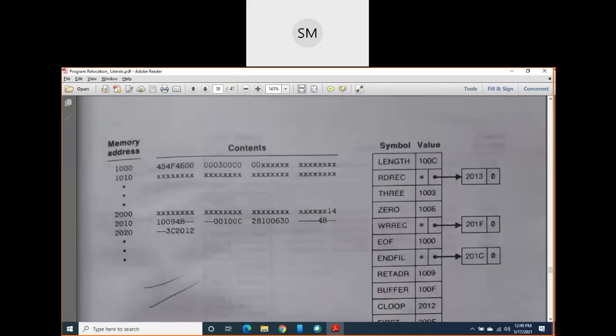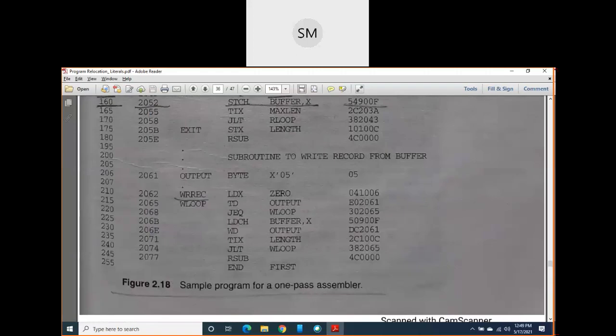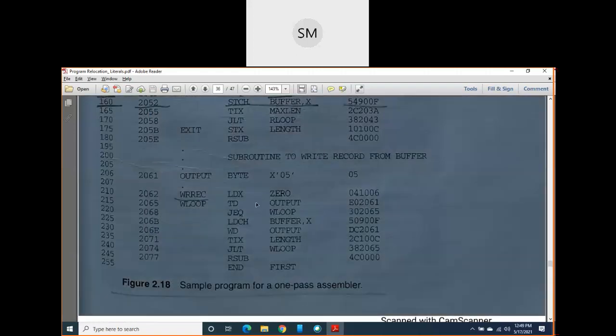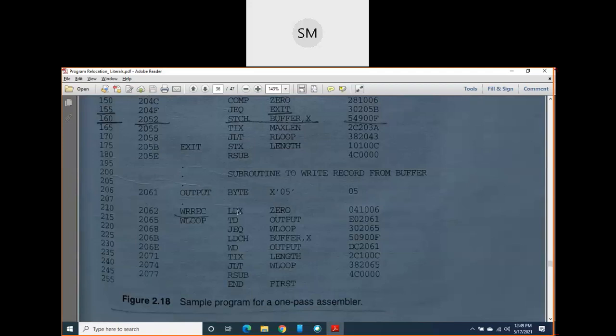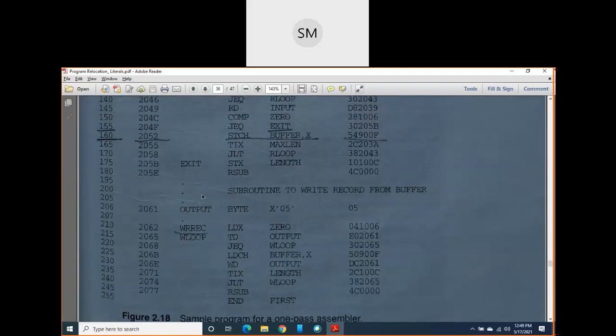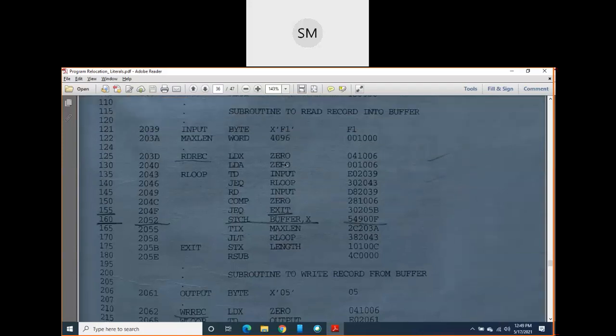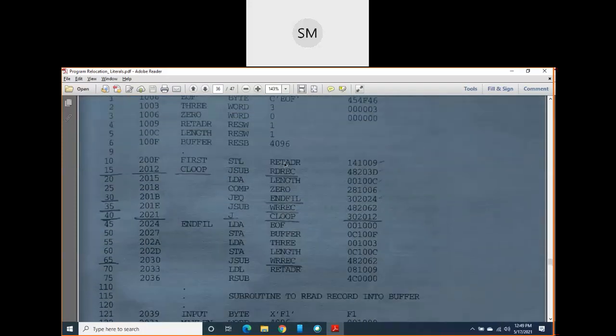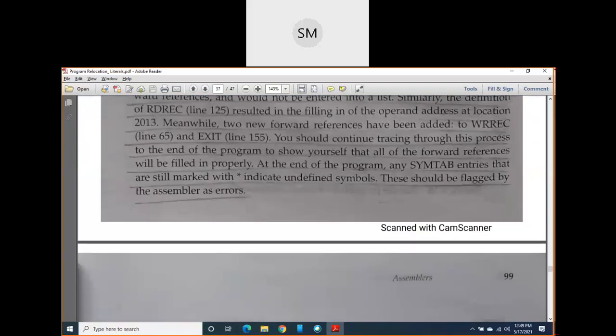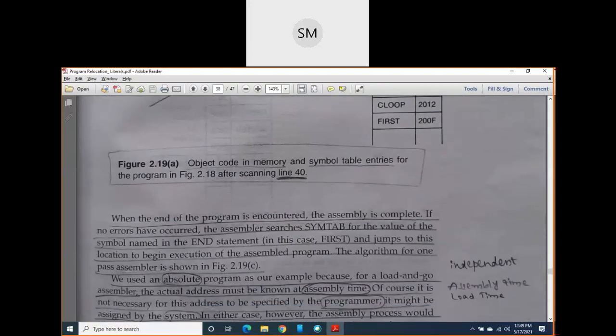Let me see. Okay, so that exit was already marked as undefined in line number 155. That only it is, no problem. So all these forward references we have to eliminate.